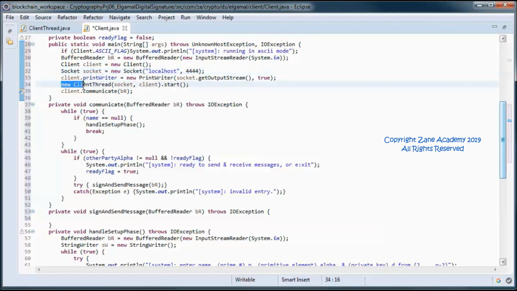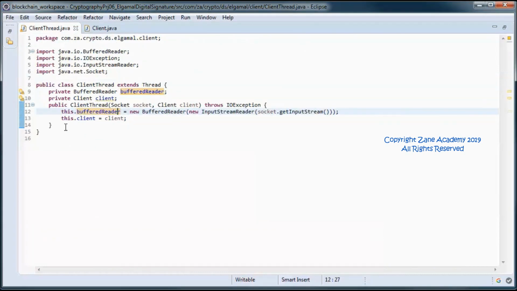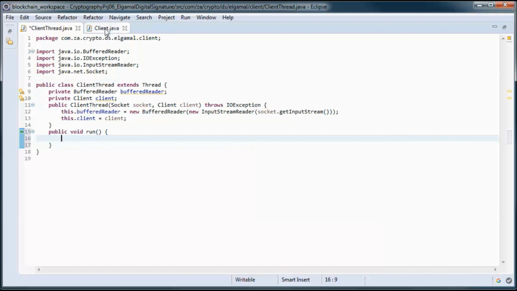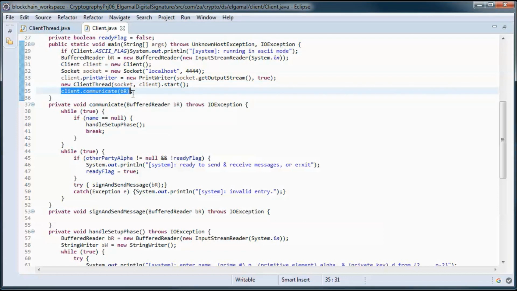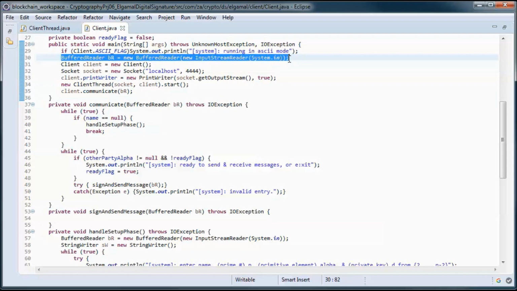And we instantiate a client thread for handling incoming messages, and we call the start method on it, which will end up triggering a call to this run method when the operating system decides to do so, and we call the communicate method, passing in this buffered reader.